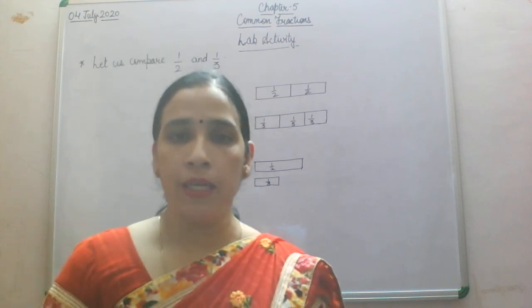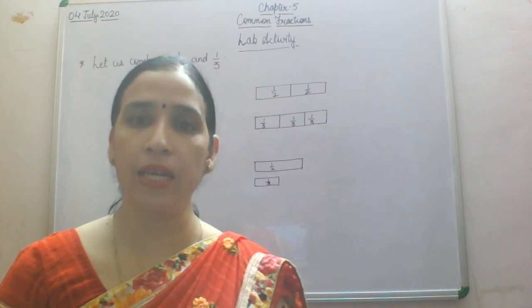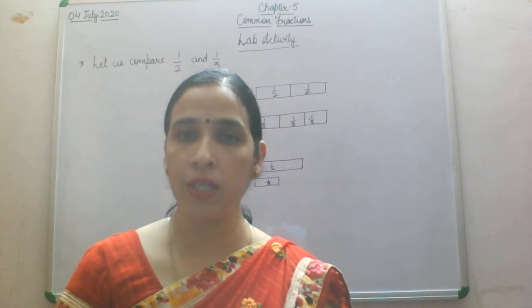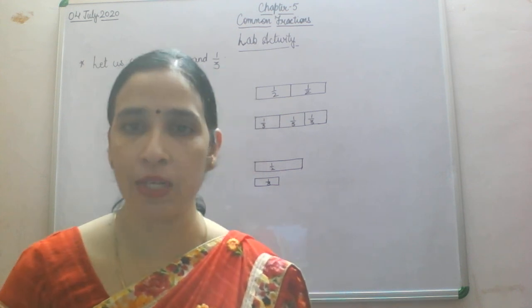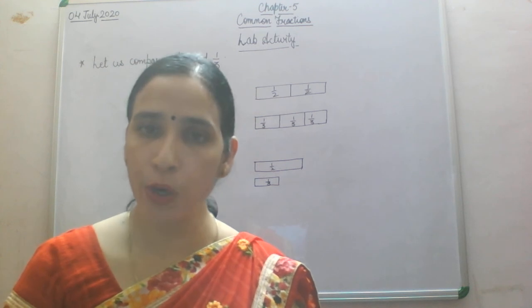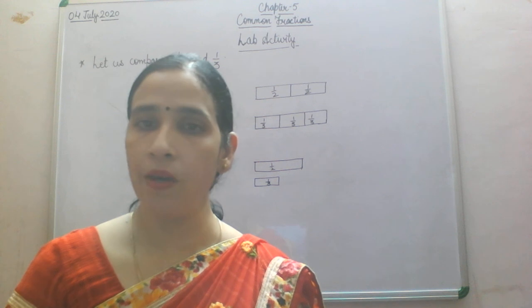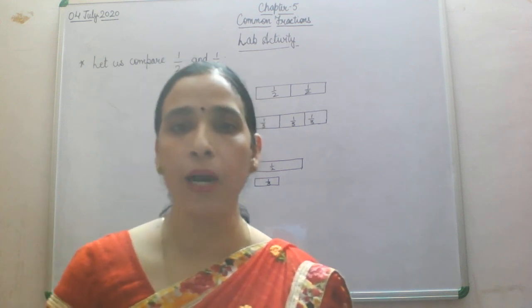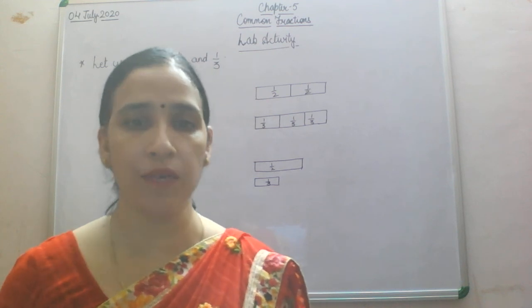So children, let us revise what we have learned today. We have learned comparison of unit fractions, and two methods of unit fraction comparison, that is the like fraction method and the cross multiplication method. Conclusion also we have learned: greater the denominator, lesser the fraction. If you remember this, you won't feel any doubt or have any problem while comparing two unit fractions.